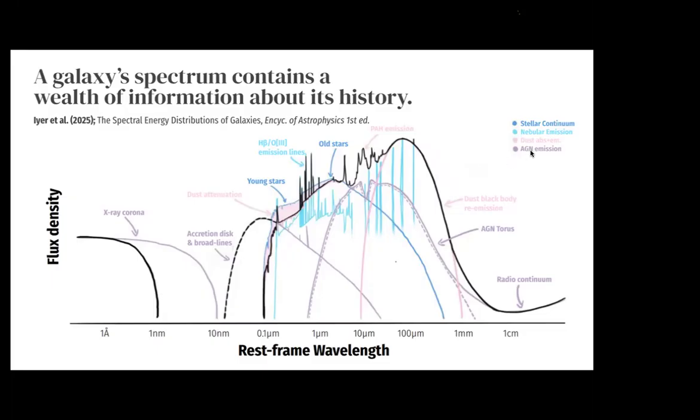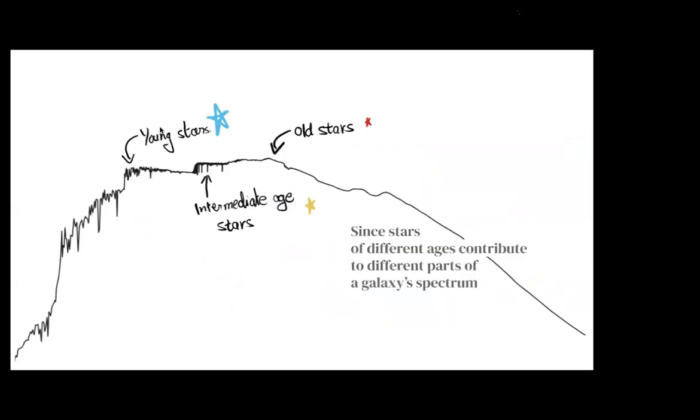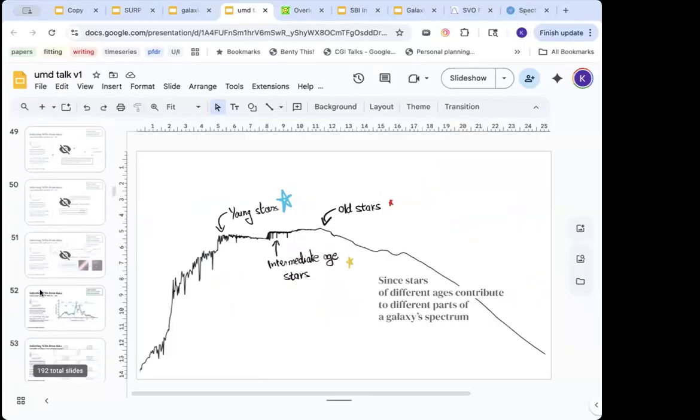And then finally, a lot of galaxies have these big supermassive black holes in their centers. And the supermassive black hole tends to radiate across a whole bunch of different energies. Let me see if I have a quick plot of